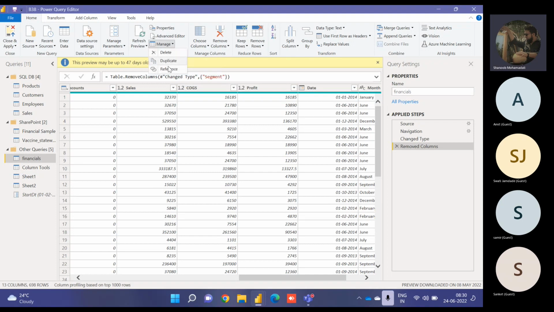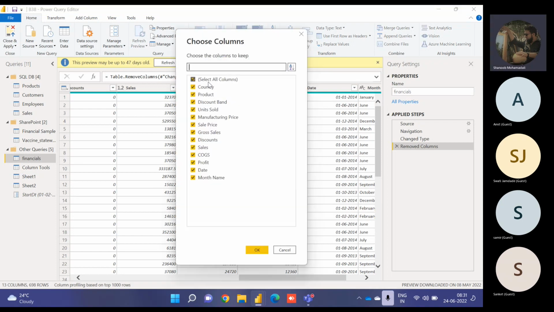Manage is again delete, duplicate, reference, the same options that we have. Then we have the choose columns option, in which we have two options here. So if I select choose columns, let's say that from these set of columns, I need only some specific